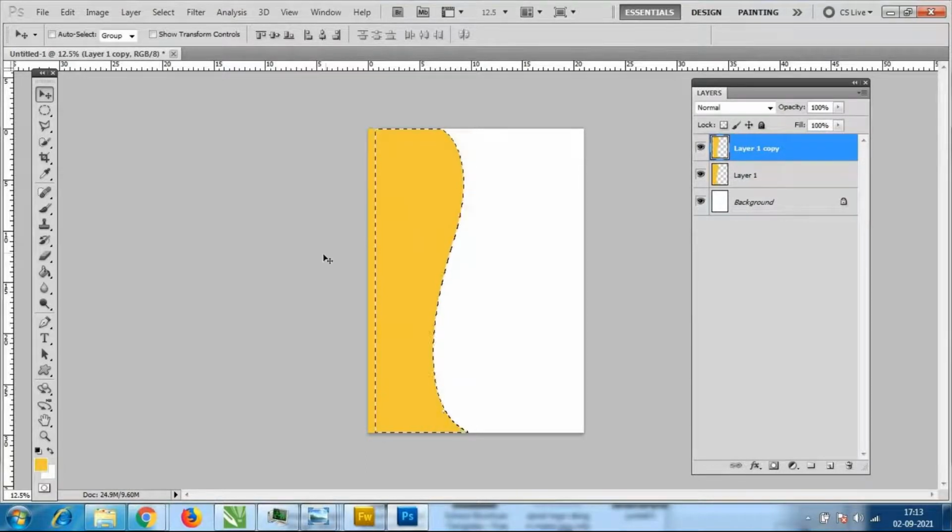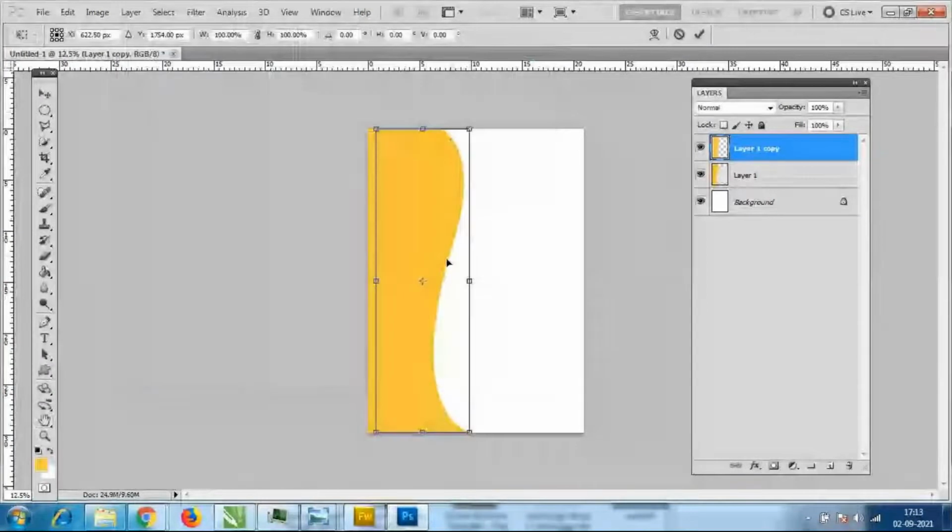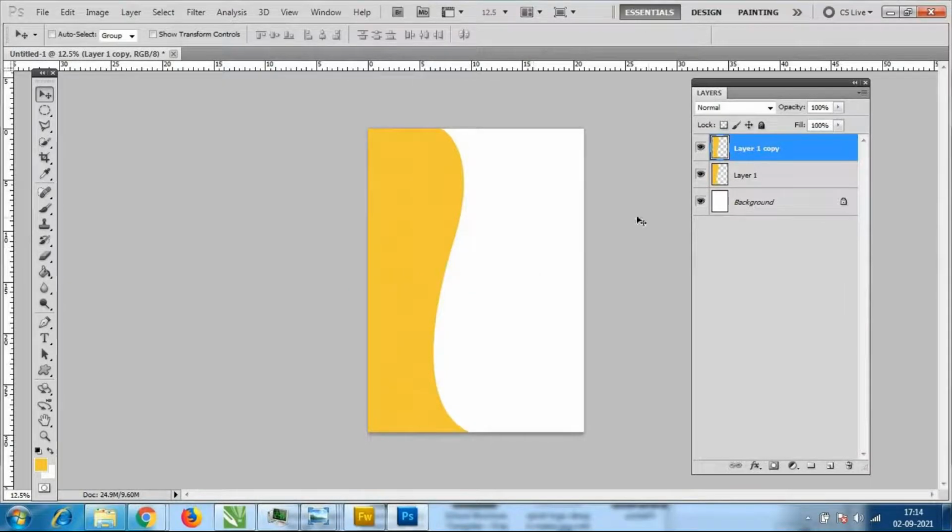In that, you have to select it. What you have to do is Control and left click. Then it will select. Whatever shapes you have added here, we have to select those shapes. If we double click on this, it will not select. See, it is coming up with blending options, layer style. So you have to use Control T. If I do Control T, it will select the shapes, but you cannot add the color, right? You have to know the shortcut for this, Control and left click. Okay, Control and left click, then only it is possible.